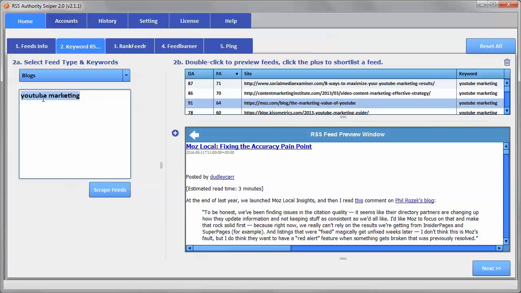Now for this one I wrote YouTube marketing rather than YouTube RSS feeds, because really what I want is people who are talking about these same kind of topics without really talking directly about what I'm talking about. And so here are the feeds that came up. I've got Social Media Examiner. You notice that it found Moz, it found Content Marketing Institute, and these have all got fairly high domain authority